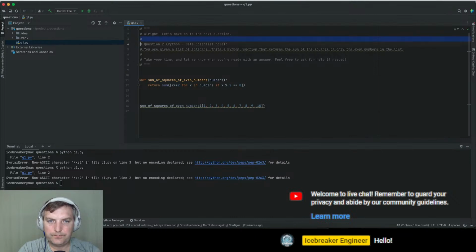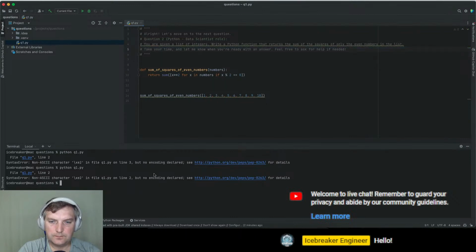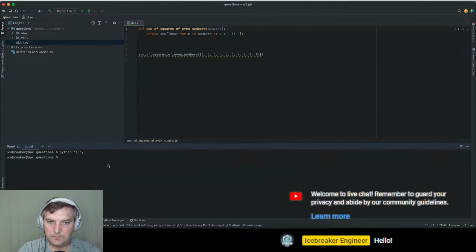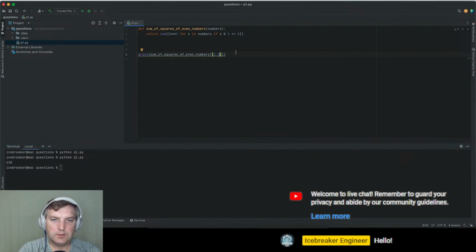We can just get rid of all of that. And of course we need to print the results. And we have the result. So if we go 1, 2, the answer should be 4. Yes. And then if we add 2, the answer should be 8. Yes, so that's correct.